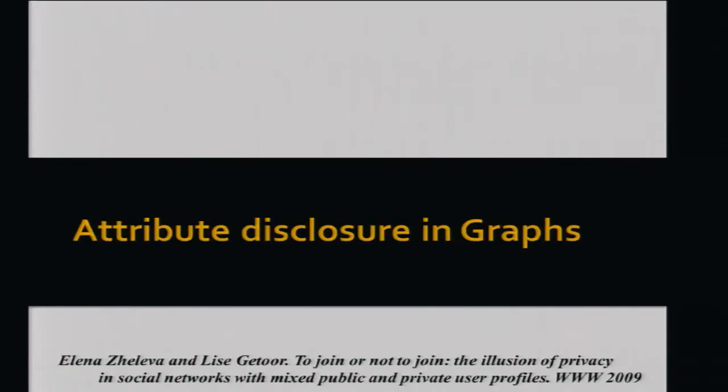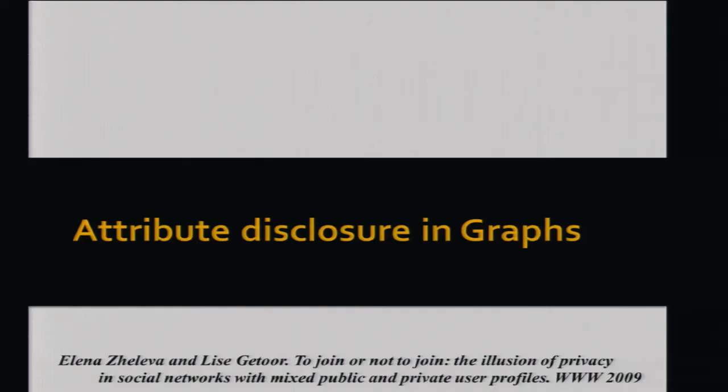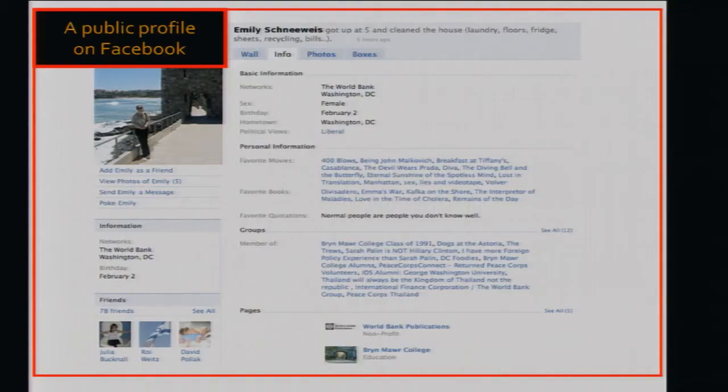And let me give a little vignette of attribute disclosure in graphs and show how these things all kind of combine together in very interesting ways, and ways that I think it's really important that we understand so that we think about privacy in a more collective way. So I apologize, this is a very dated picture of Facebook. This is from a while ago.